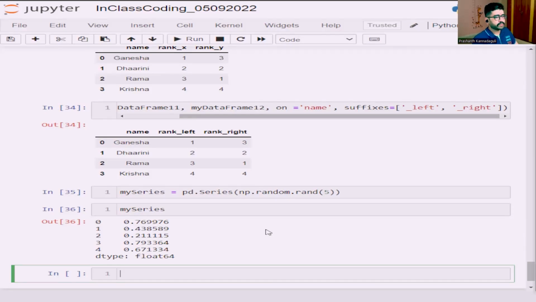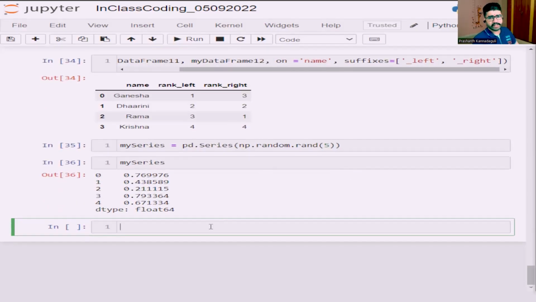So totally 5. Now you see the aggregations, in the sense you can actually apply sum, mean, median, minimum, max, etc. can be found in a single step. That's called the aggregation, data aggregation technique. So initially we are looking at the Pandas Series. So I can simply write my series dot